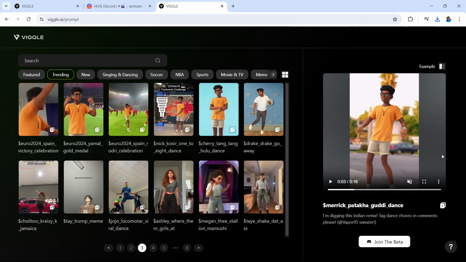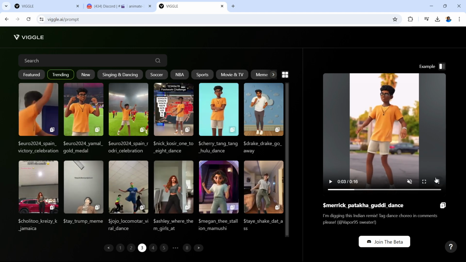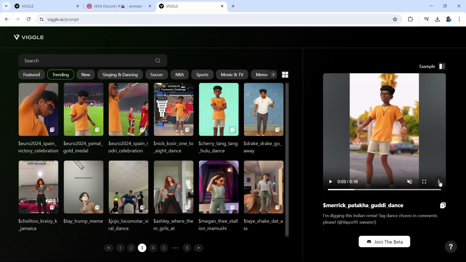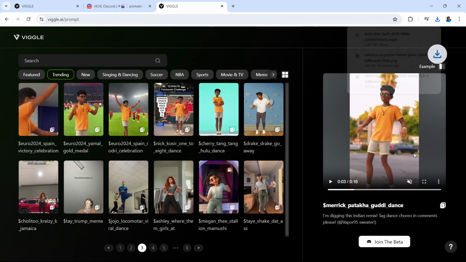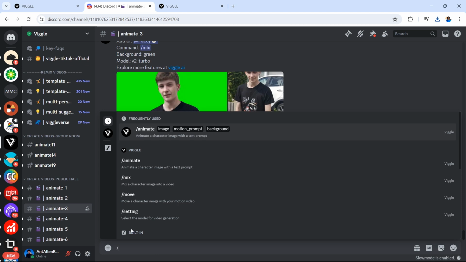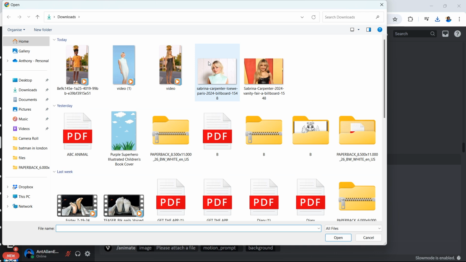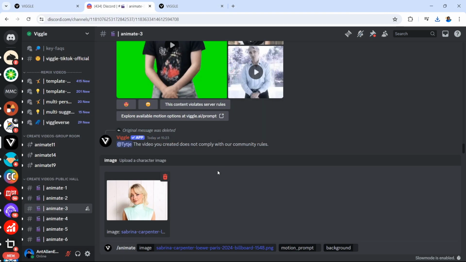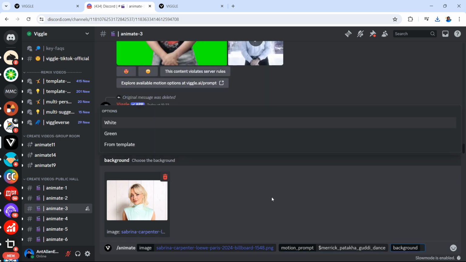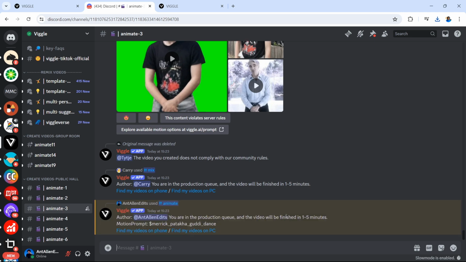Alternatively, if you wanted to download the original video in green screen it afterwards, you can do so by selecting those three dots for more options, downloading that video, copying the prompt, going back over to Discord, /animate. You want to select your file. This time we're going to go for the second image of Sabrina Carpenter for this one, just so you can see the difference. Paste the prompt, and for the background this time we're going to select green screen. Hit enter when you're done, and we'll show you now how you can chroma key the green screen very easily